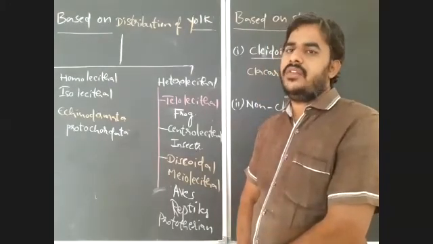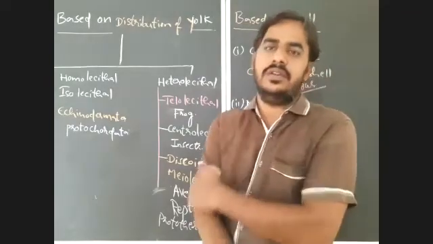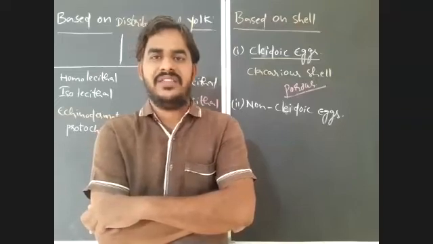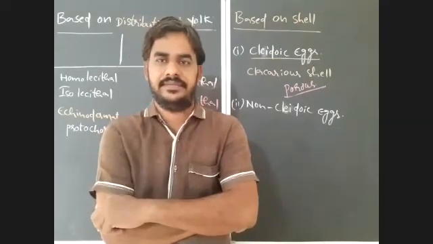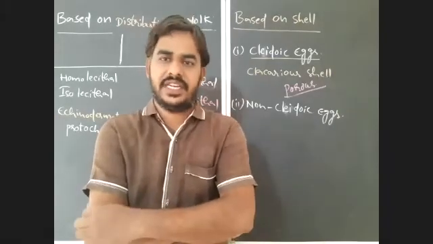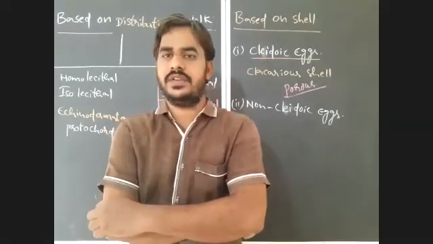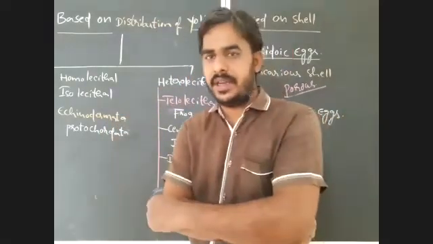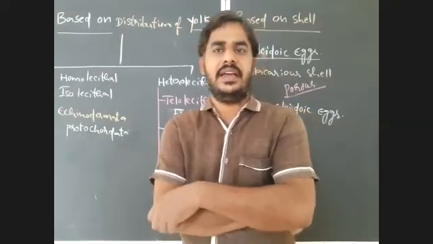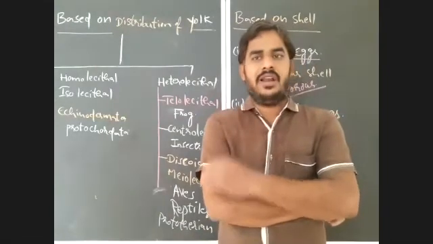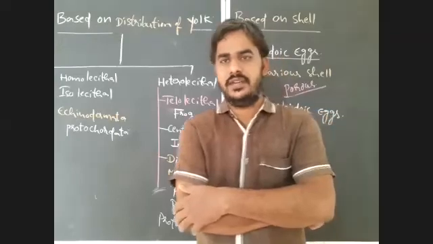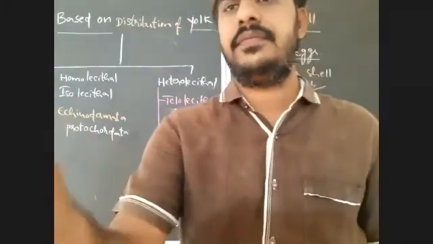And after completion of this classification, we have to know the egg membranes. What are the various membranes that are present around the egg? And what is a primary egg membrane, secondary egg membrane, tertiary egg membrane? All that also we have to discuss. Before going to discuss about the egg membranes, and which is the largest egg in kingdom Animalia and which is the smallest egg in kingdom Animalia, all the details we will discuss. Before going to discuss it, take a short break.